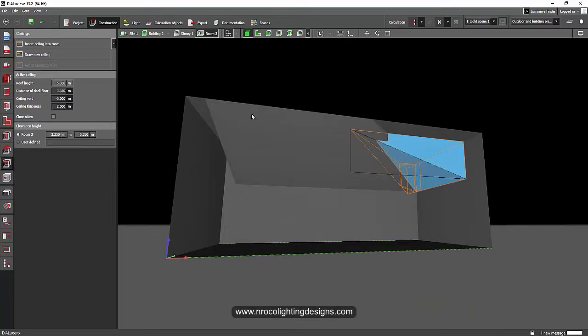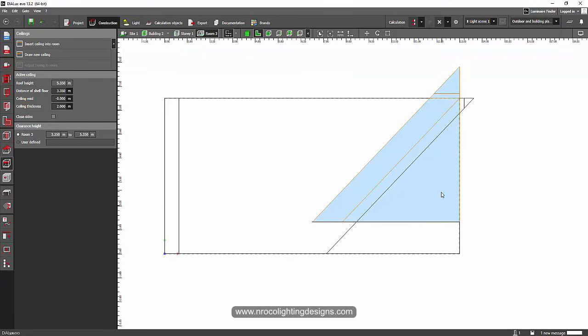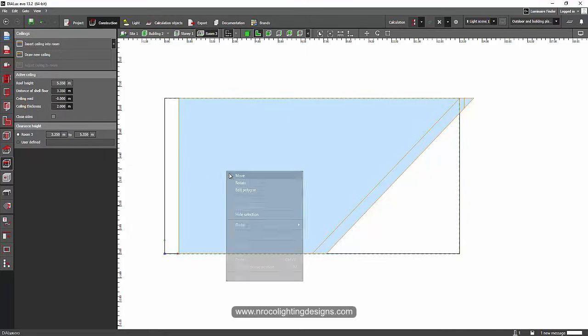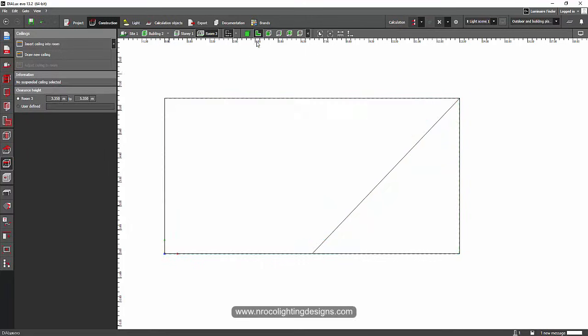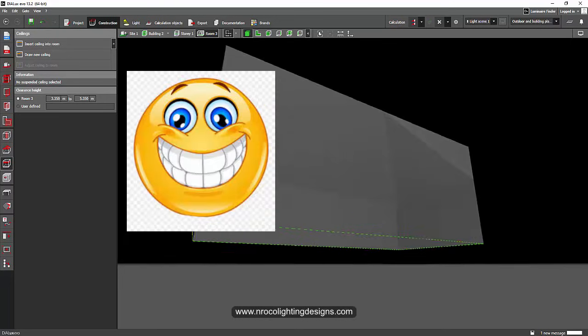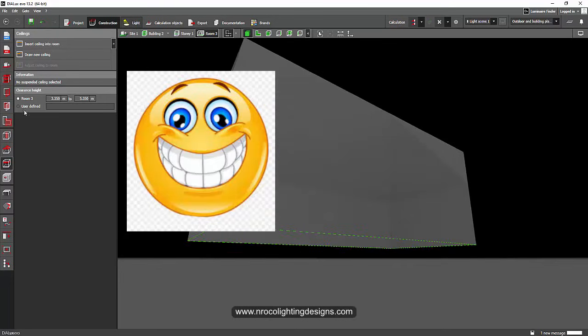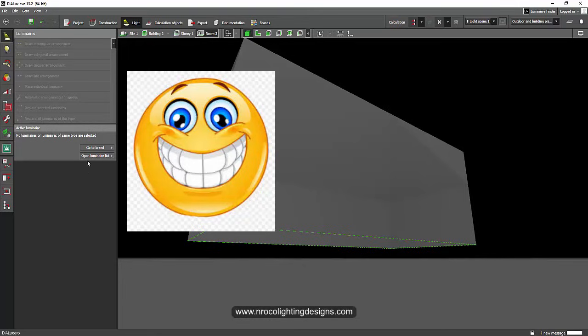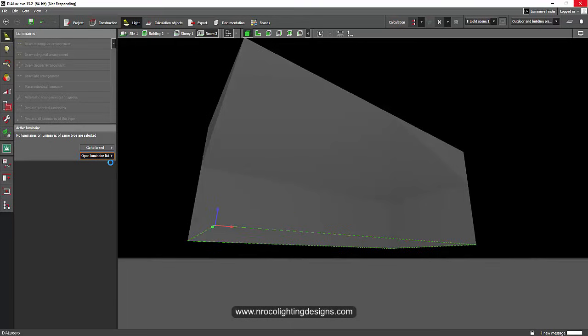Now it's time for us to move the object. Go to the plan view and move it. Also the other one, move it. I think it's perfect. Say, for example, I want to insert a luminaire. Let's see if it will really touch the ceiling.